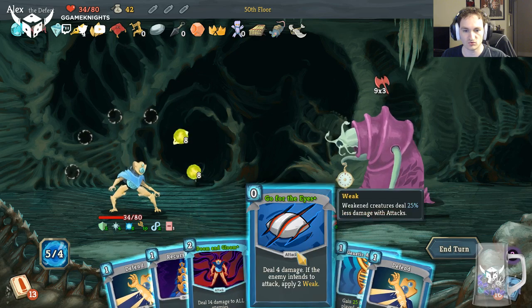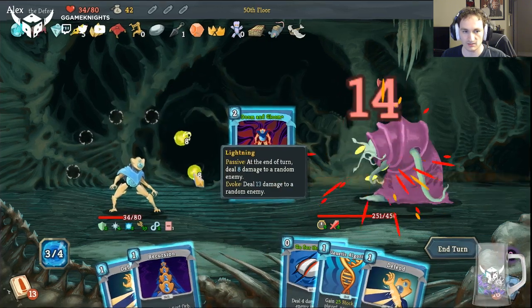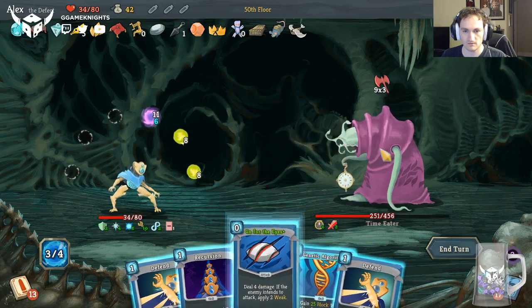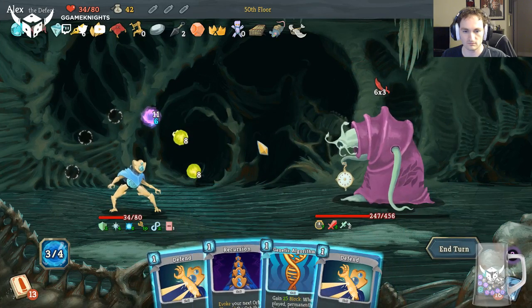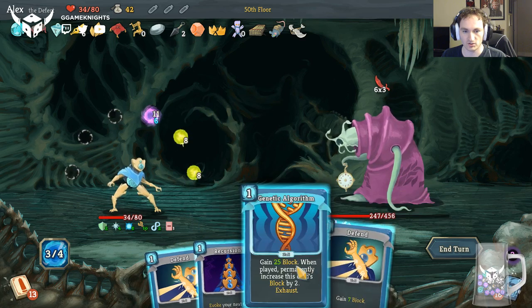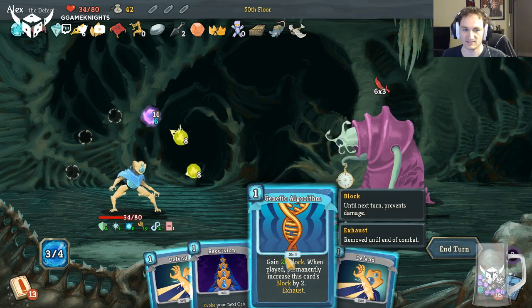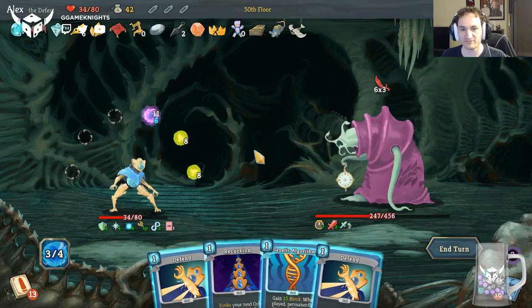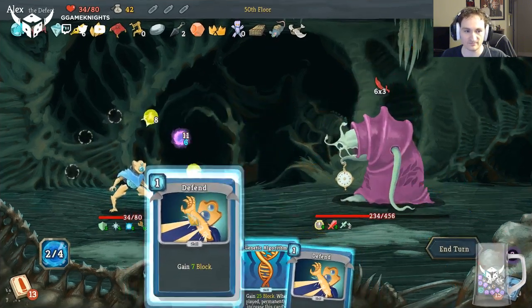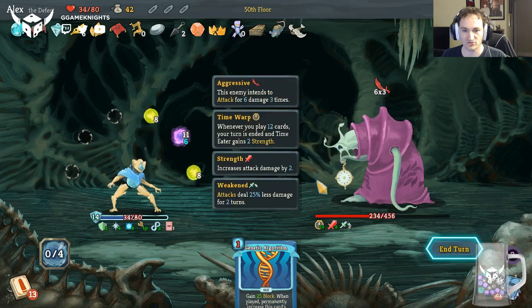Okay, I think I want to Doom and Gloom. I want to go for the eyes. I think I want to Recurse. I'm wondering if it might not make sense to hold on to Genetic Algorithm for later. Yeah, I think I'm gonna hold on to Genetic Algorithm. He's gonna get 4 damage through, but...